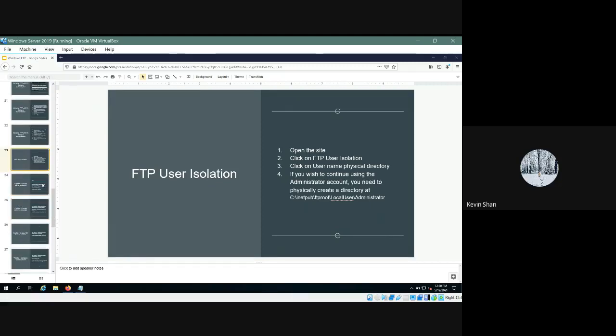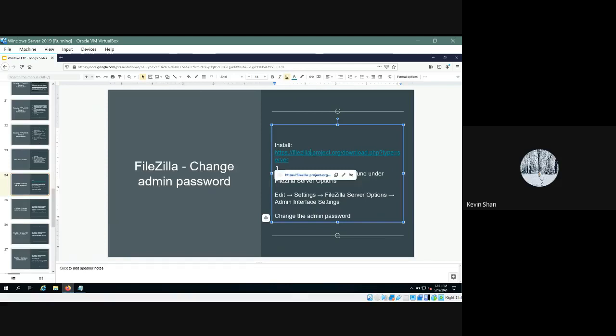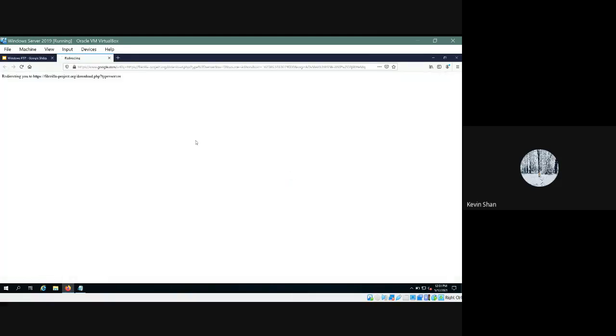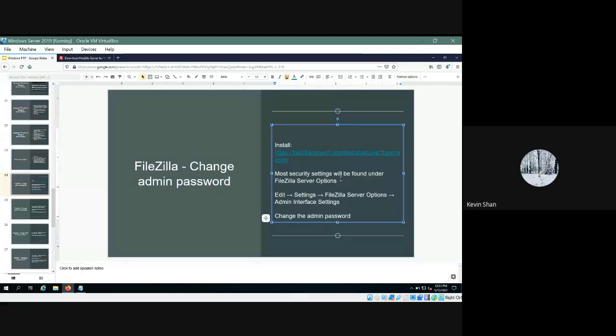Now we'll be configuring FileZilla, which is an application. So you want to download the FileZilla server application, which is going to be here. And you want to download it and run the setup process. So when we open it,